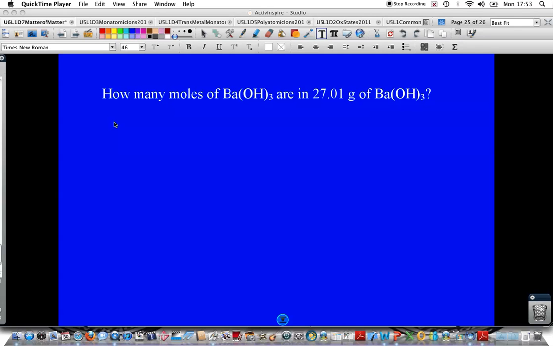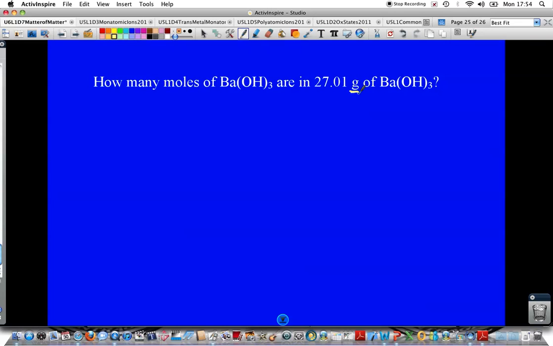Okay, this video is on how to determine the number of moles if we're given the mass. In this problem it says: how many moles of barium hydroxide are in 27.01 grams of barium hydroxide? So we know that we're trying to go from grams to moles. Anytime we go from grams to moles or moles to grams, we're going to use the molar